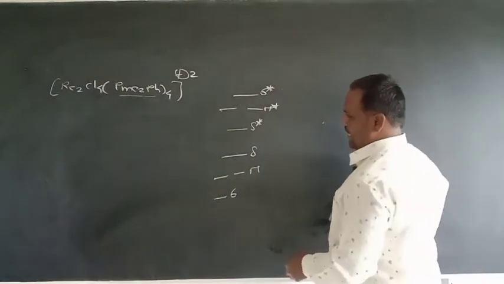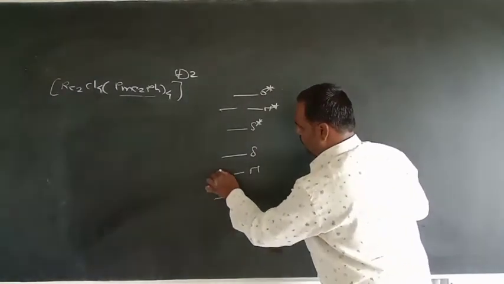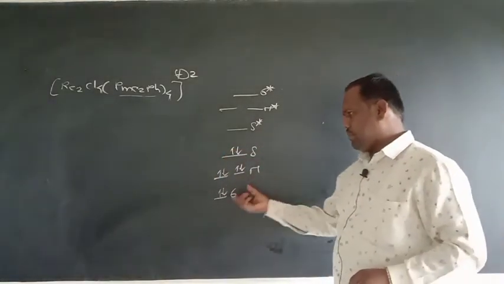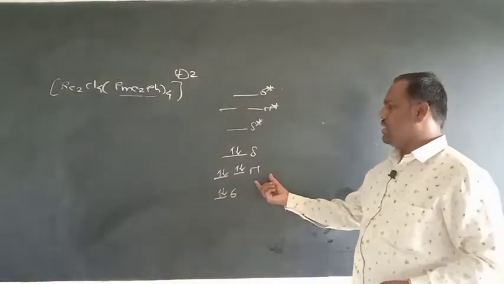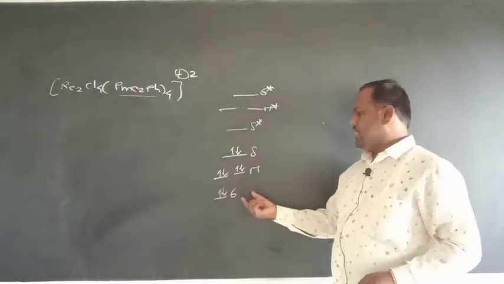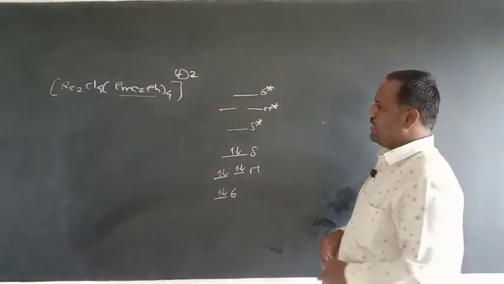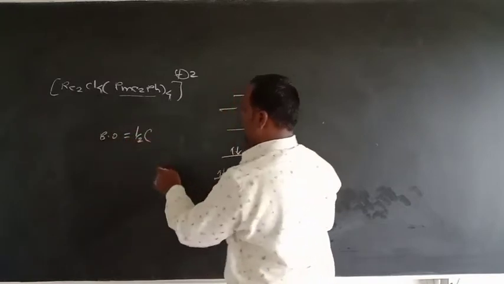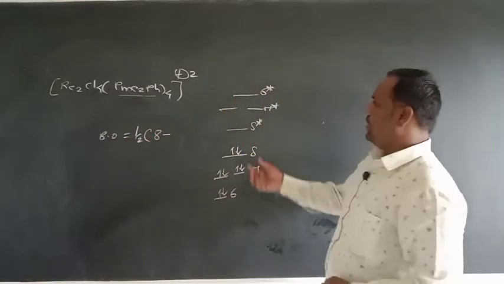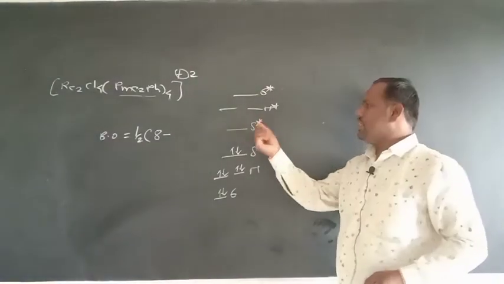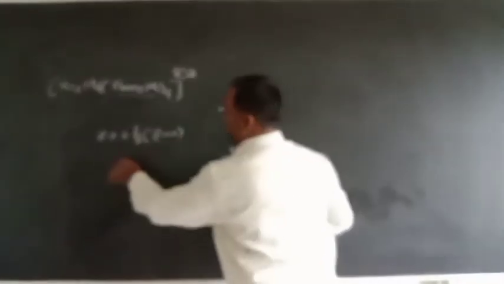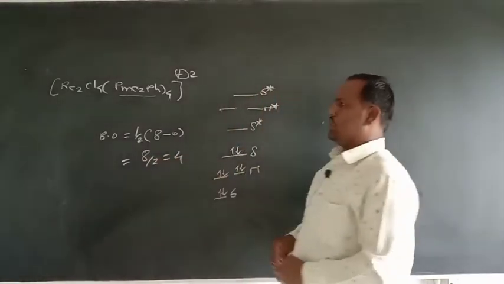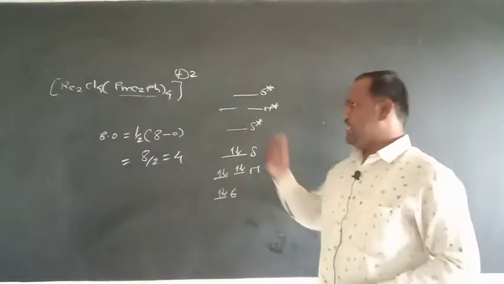Okay, and total 8 electrons are there. So 2, 4, 6, and 8 electrons. So all electrons are in the lower energy orbitals, that is the HOMO or bonding molecular orbitals, sigma, pi, and delta, and therefore you find out the bond order in this case, which is equal to 1/2 (8 minus 0). So no electron in antibonding molecular orbitals or higher energy orbitals, so 0. So in this case 8 by 2, so we get 4. So total 4 metal bonds in this complex.